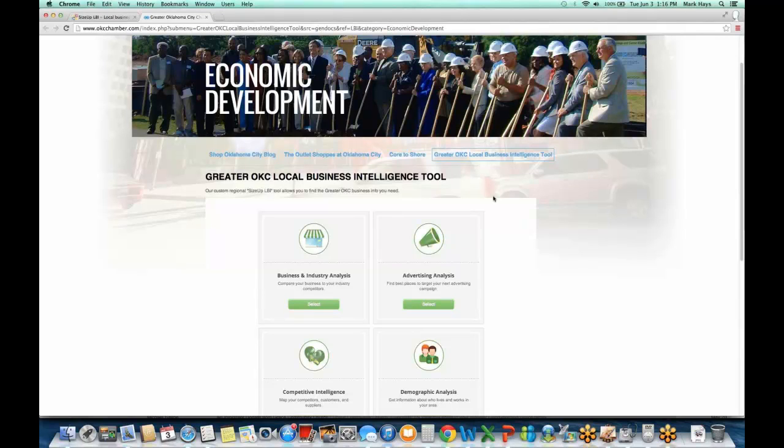So you can put it on any part of your website that you want. It's not redirected to a third-party website that they don't know or understand. This will be on your website. And for chambers, it's great because you can hide it behind the members-only section of your site so that they'll have to have their unique member login or they don't get access to it. So it's something that is added value that they do not get if they are not members.